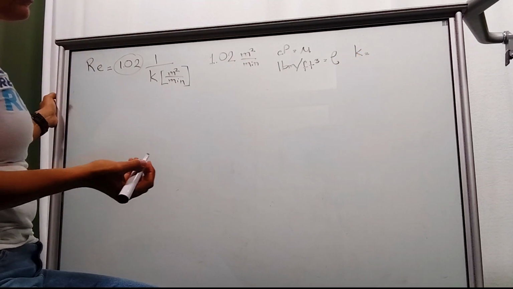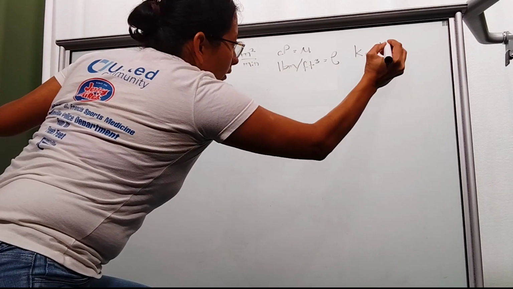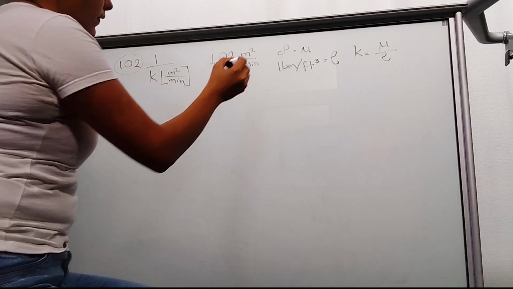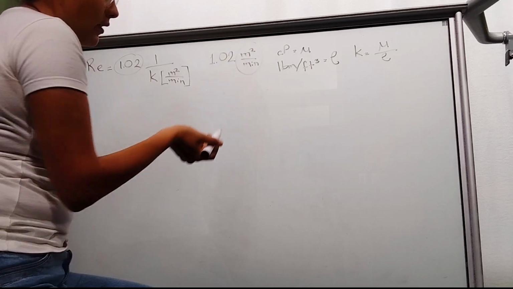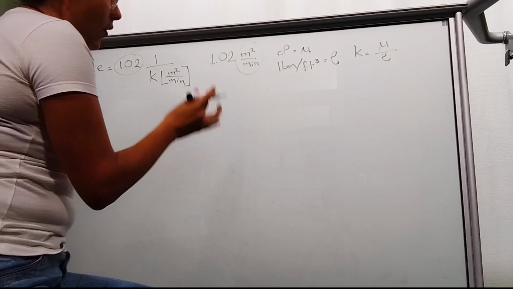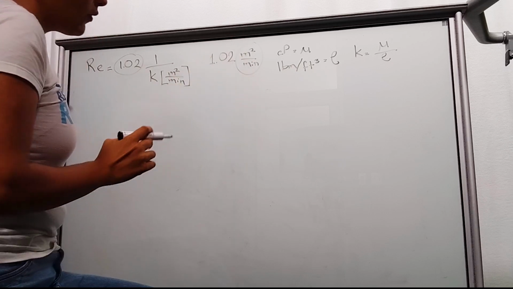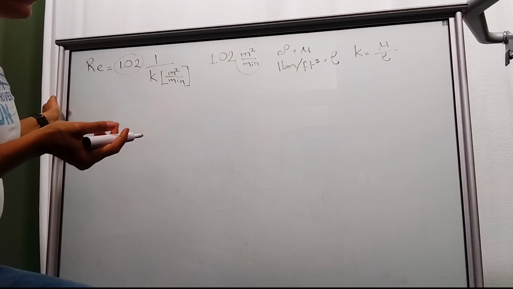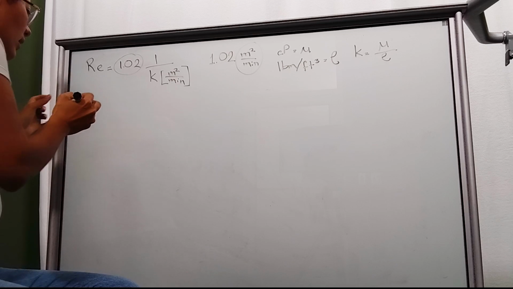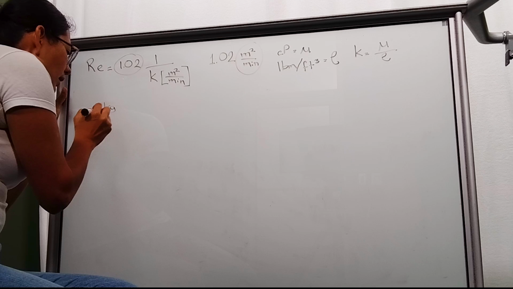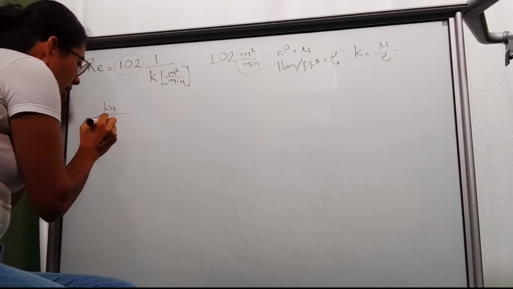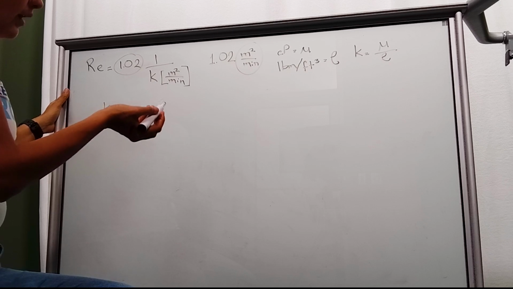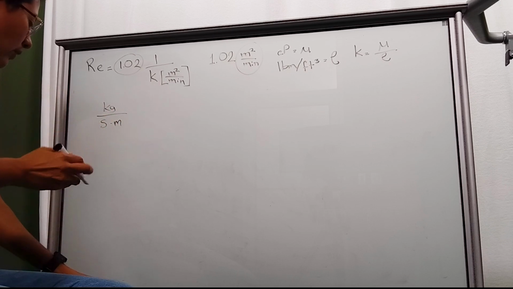the kinematic viscosity is equal to the dynamic viscosity divided by the density. So if these are the units that we get, how do we arrive to these units? We know that we need to have meters and we know that we need to have minutes. So the international units for viscosity is kilograms per second per meter. But obviously we're not using these ones because we don't have seconds, we have minutes. So this should be the